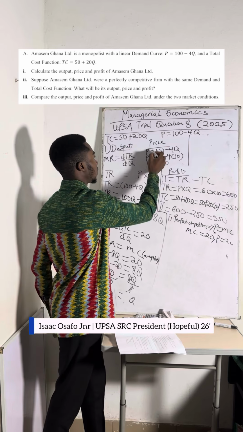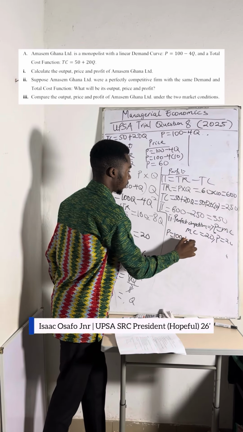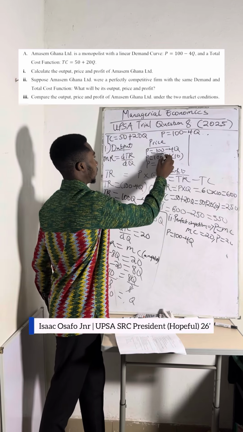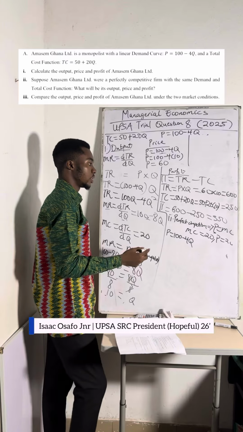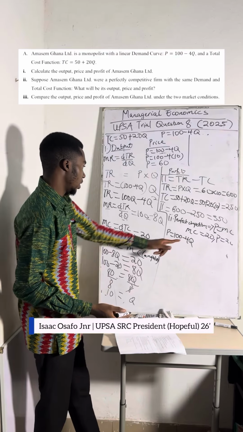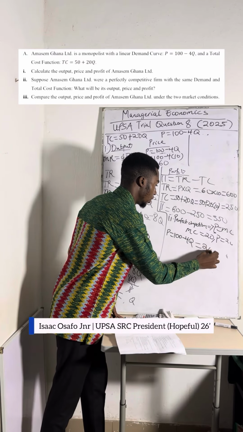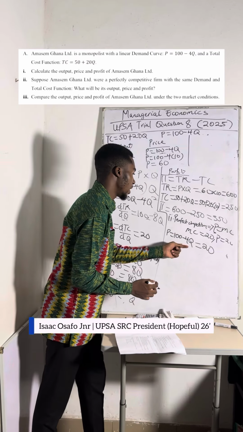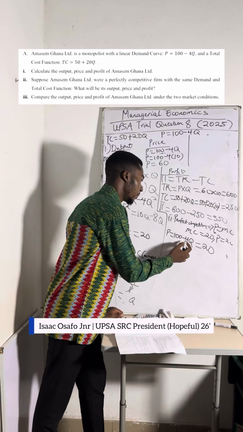So the price function is P. We said P is equal to 100 minus 4Q. You get it? That's the price function. So we are going to equate it to the marginal cost. We already know that the marginal cost is 20. So we are going to equate this to 20. So the price, which is 100 minus 4Q, is equal to marginal cost. P is equal to MC. So 100 minus 4Q